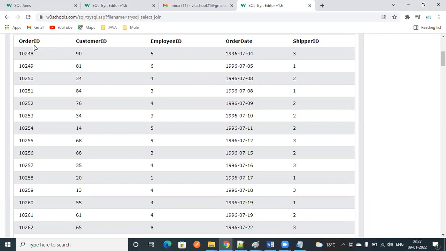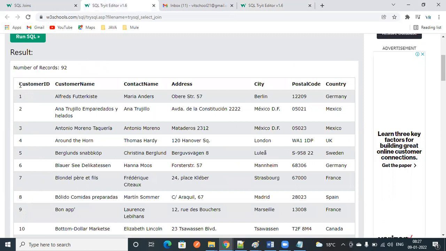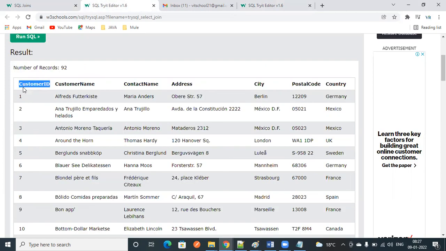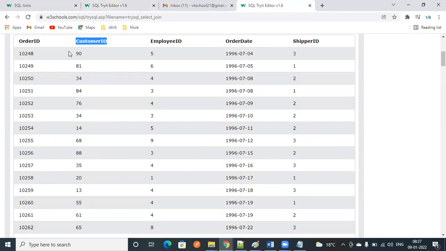Here in orders, order ID is there, customer ID is there. So customer ID is present in both the tables. This is the common key. It is the primary key in this table and a foreign key in the second table. Based on customer ID, we can match it.